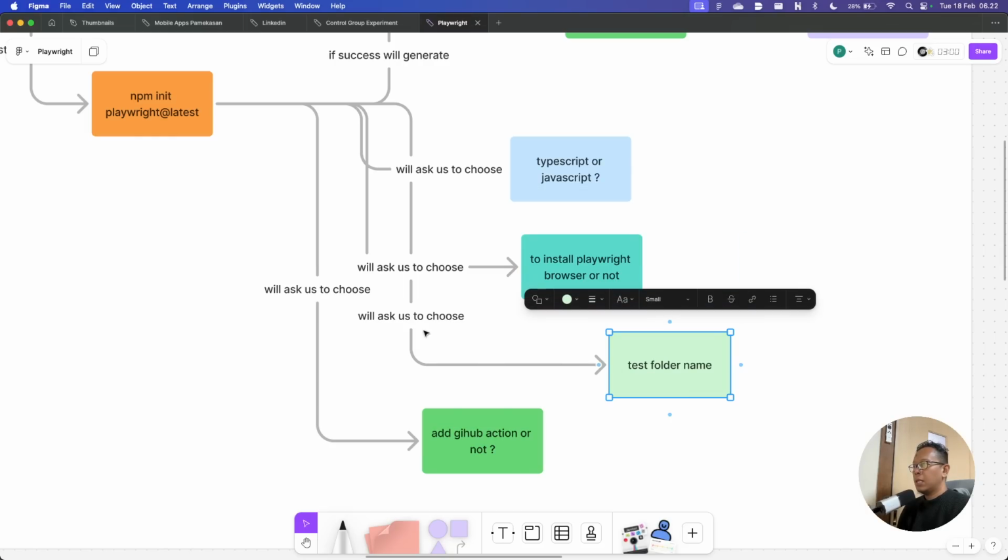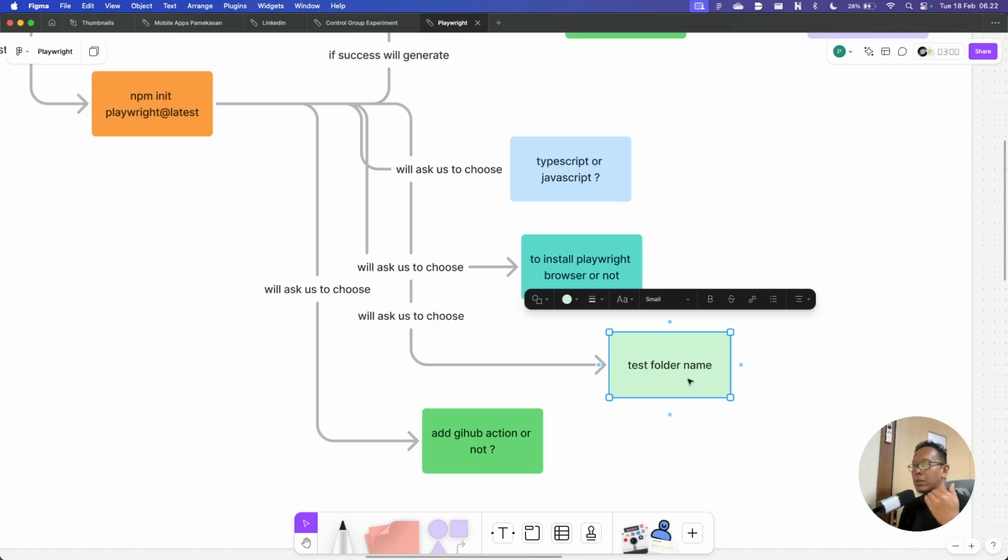And then it will ask us to choose the test folder name. So the test folder name, some of the QA engineers prefer the name E2E, end-to-end folder. Some of them prefer to name the folder test. So in a real life working environment, naming things is so difficult.